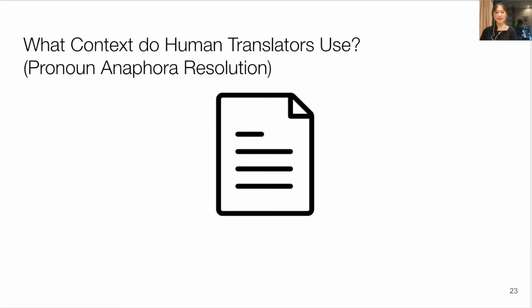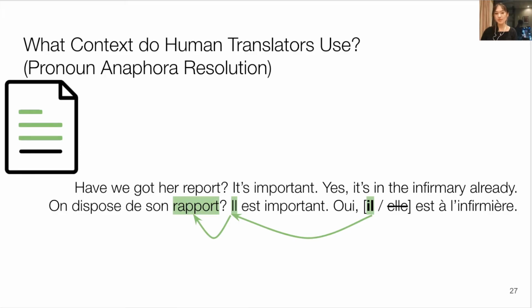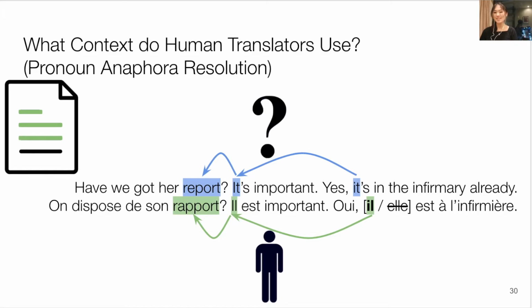But our main findings are that for pronouns, the previous context sentences are the most useful, especially on the target side. And we find that humans especially rely on the pronoun antecedent, or in other cases, the other reference of the pronoun in the target side. And the same co-reference chain in the English side is not as useful because the chain in French can carry information about the gender, whereas in English it does not carry any information about gender.